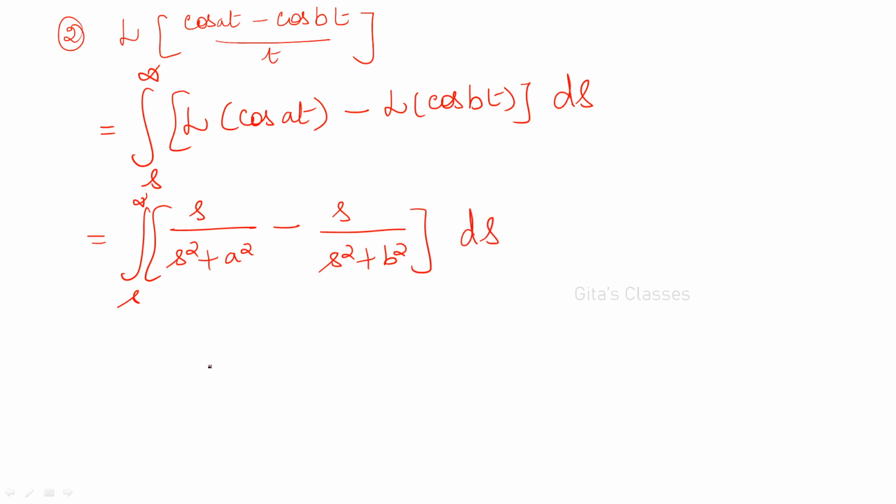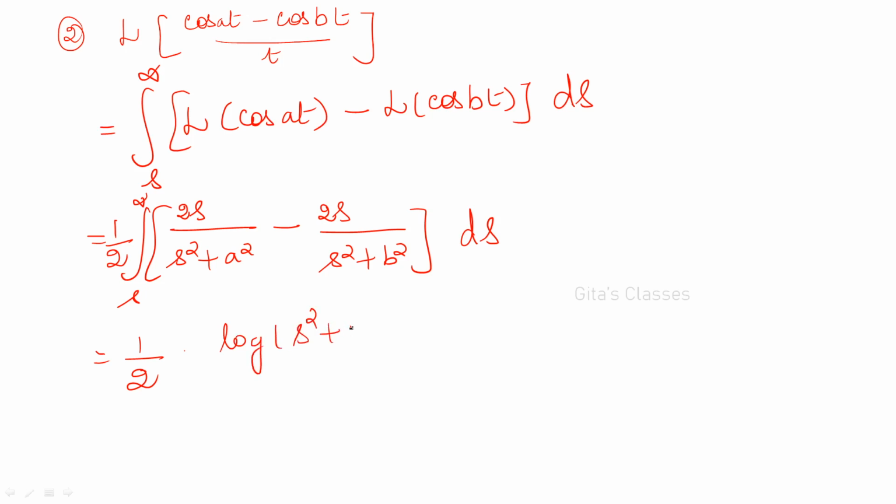Now generally you will feel like writing tan inverse of s. It is not tan inverse of s. You have s in the numerator. If it is a constant, then you can write tan inverse of s by a, okay. So now s is there in the numerator. So means what? If you have 2s, that is the differential of the denominator is there in the numerator, then we can write log of this, okay, log of the denominator. So 2 is missing, so I am going to multiply and divide by 2. That is 1 by 2 into